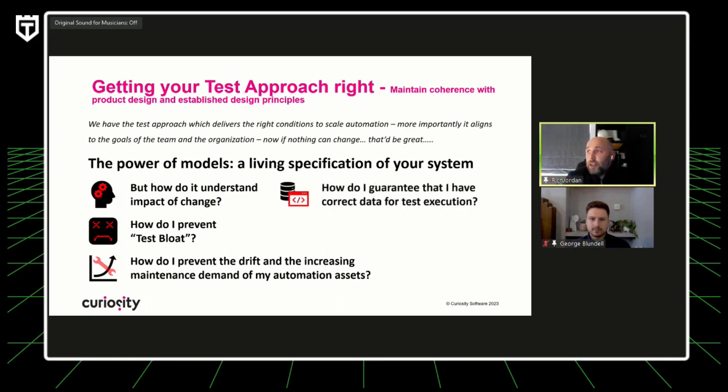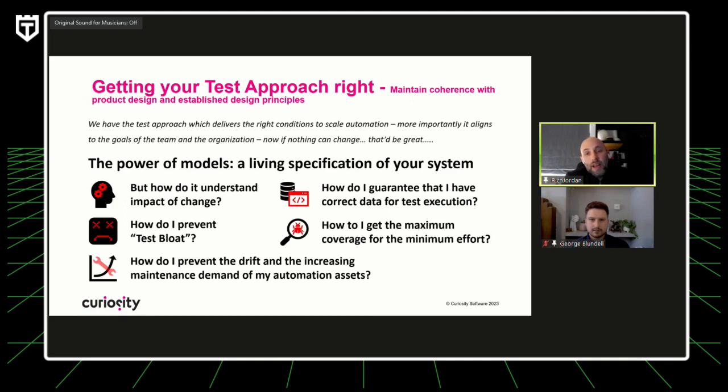How can I guarantee that I've got the correct data for test execution? Well, again, similar to automation assets, my data is linked intrinsically to my process block in my model. And so I have the business rule in the model. I can align my data one-to-one with that model, so I know I'm going to have confidence that it's there when I want to execute my tests, so my tests don't fall over for flaky reasons that the data is just not there.